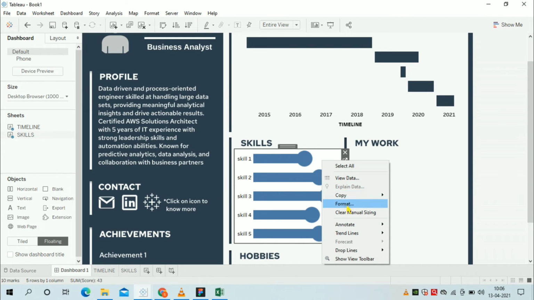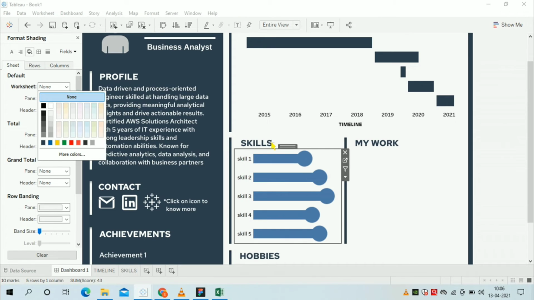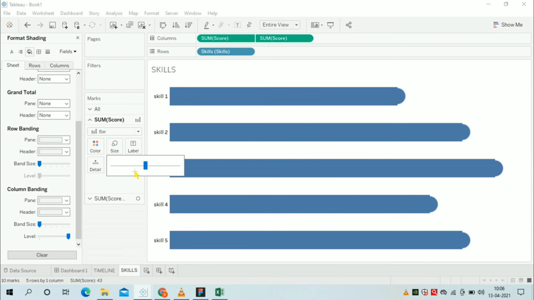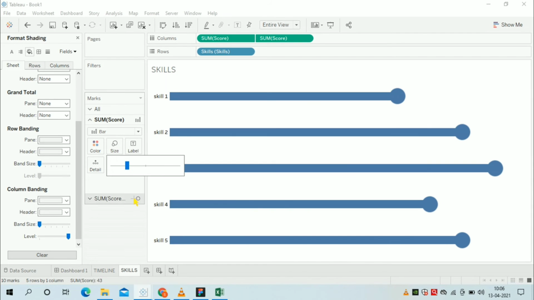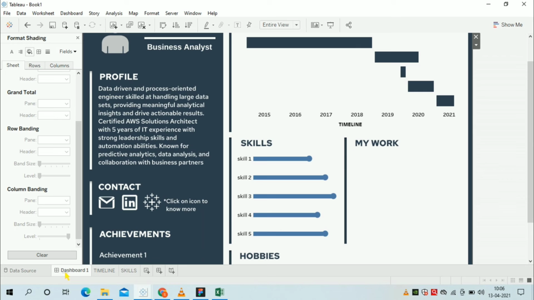So for that, first go to format and remove the background, then go to worksheet and reduce the size of the bars and circles. You can adjust their sizes according to your view.